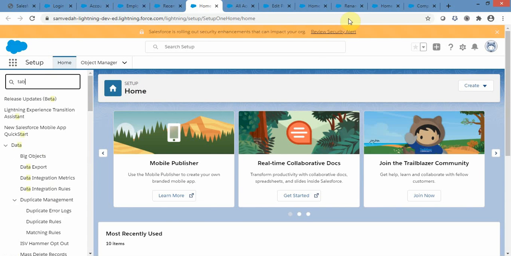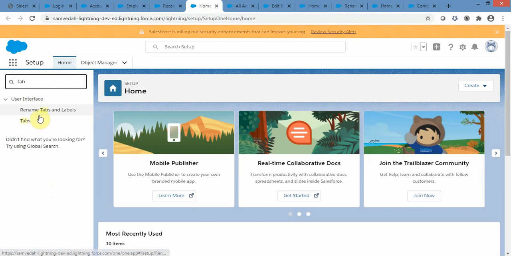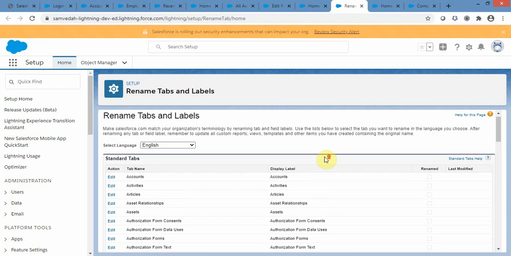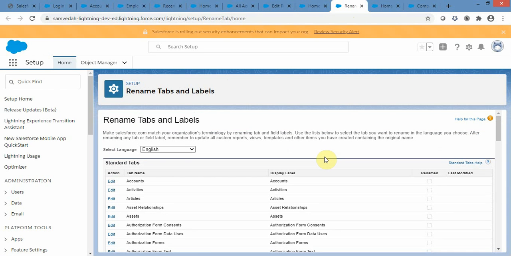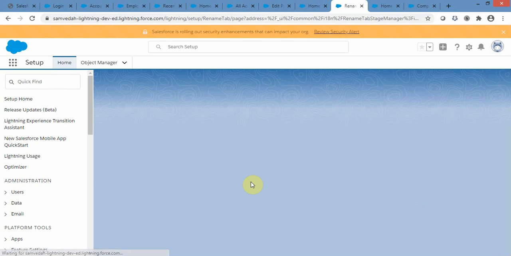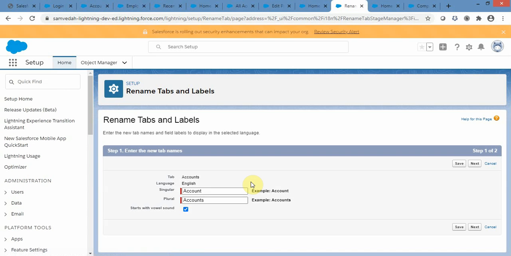Okay, so once you get that one, click on rename tab. Once you click on rename tab, you will land on a page like this. From here you can edit your tab name. Suppose I want to edit Accounts as Customer. So please keep in mind, rename tab and label is where we can also change the tab and label